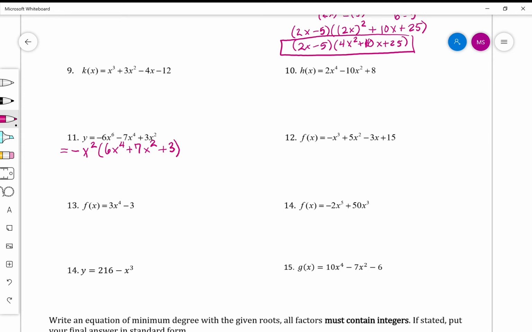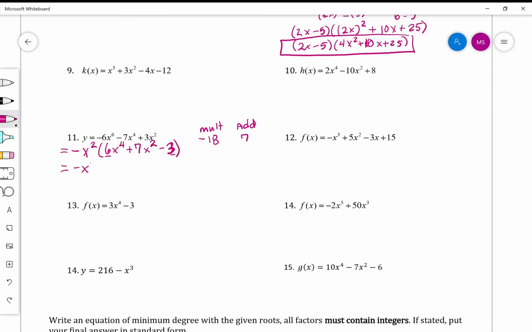Okay, and then here we go. We are going to have to expand this and then factor by grouping. So we need numbers that multiply to give you, well, your A times C, that gives you 18, and that add to 7. So two numbers that, this is supposed to be a negative 3. Thanks for catching me on that. So this would be a negative 18. All right, so two numbers that multiply to negative 18 and add to 7,